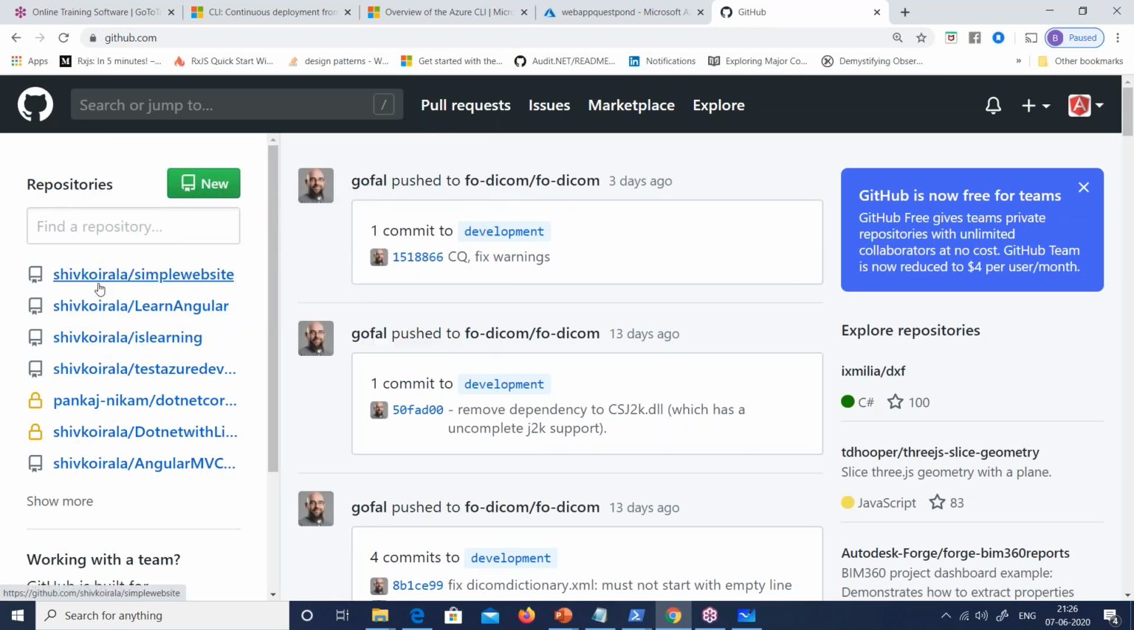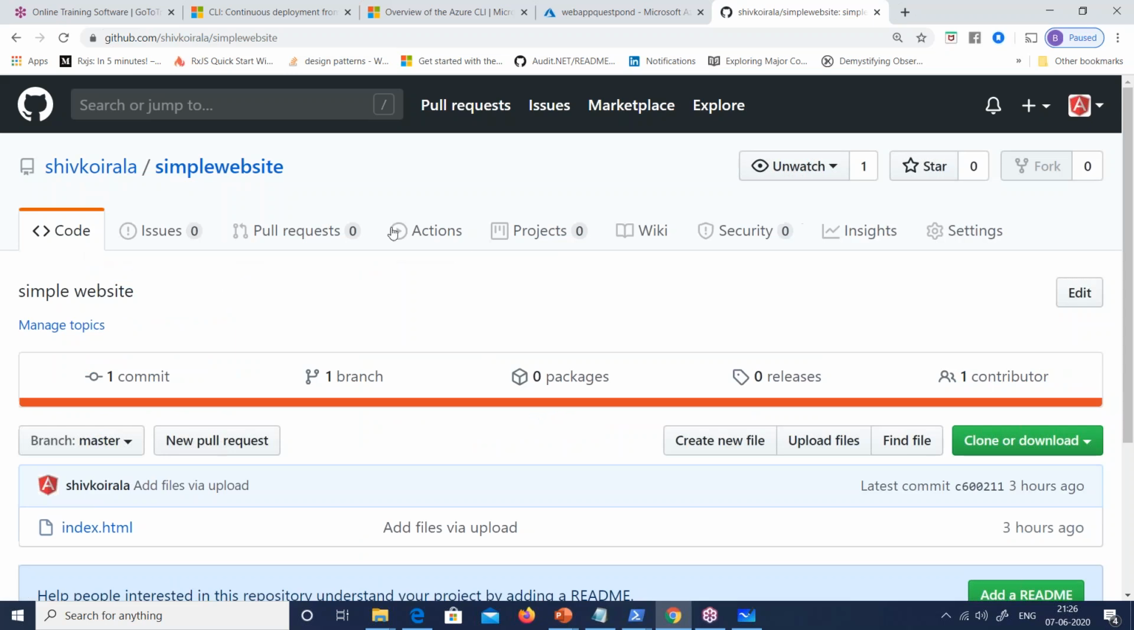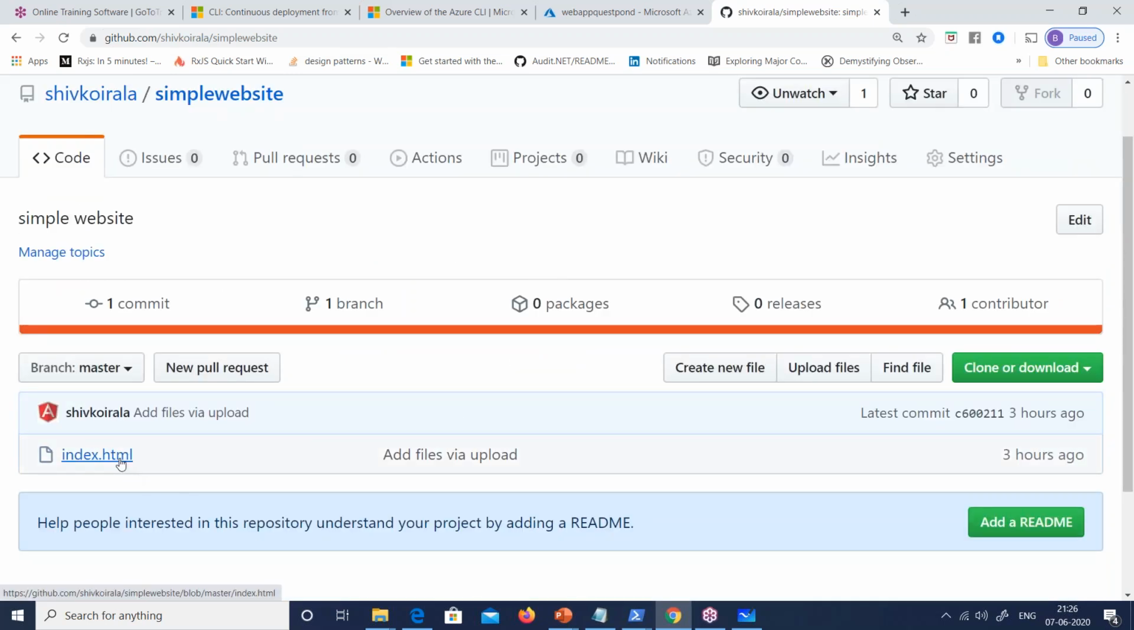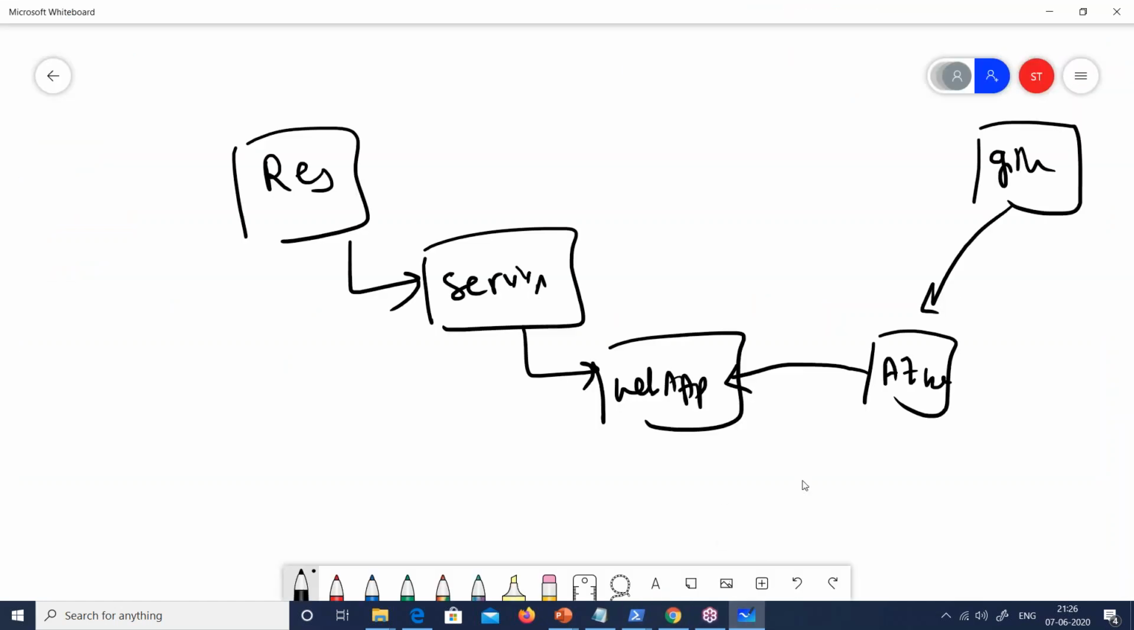I put a lot of things out here. So you can see in my GitHub, I have created one simple website. So this is a simple website out here, which I've created, and it has a very simple index.html page. So I want that this HTML page should be fetched from there and it should be pushed into this web app which I've created, right? Now the first thing, if you want to really go and push this thing out here, you need to